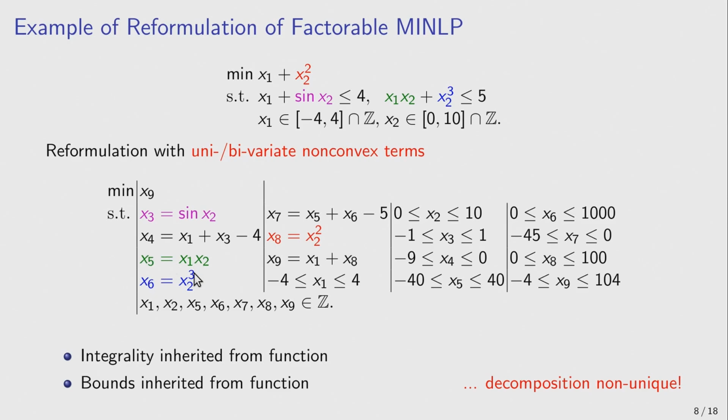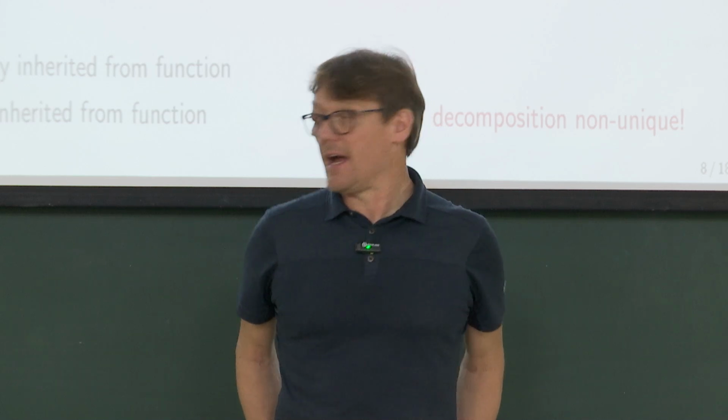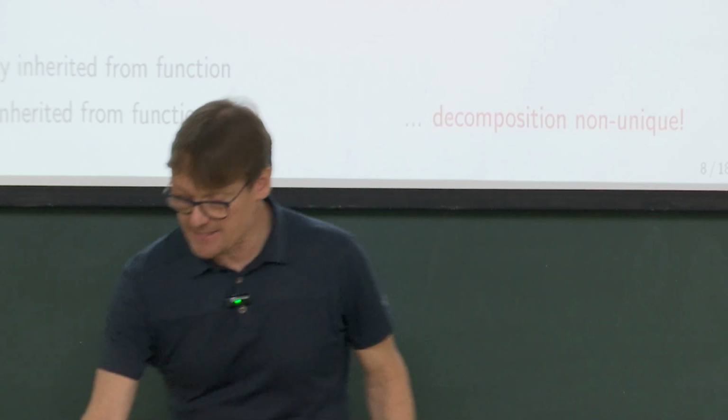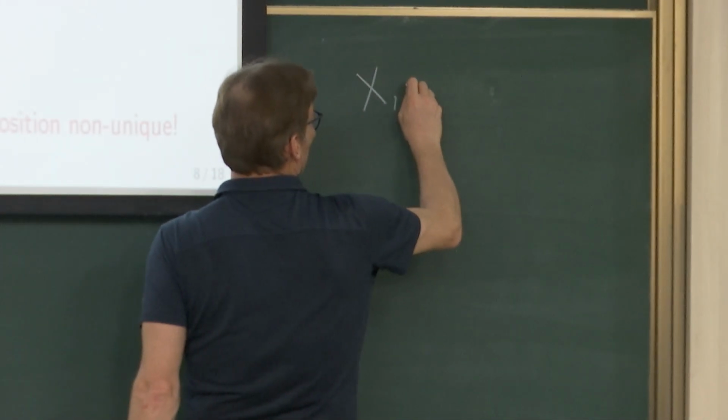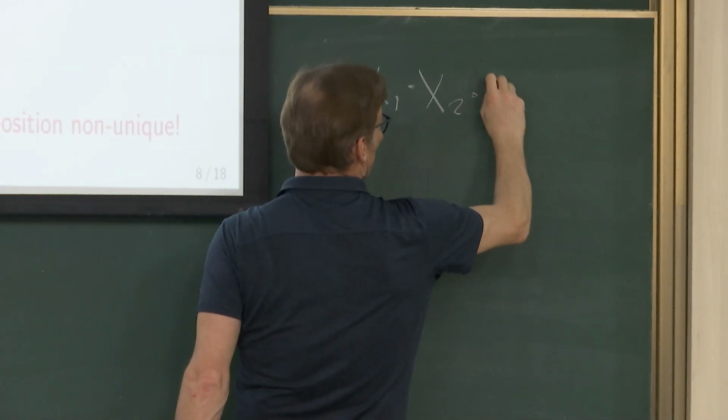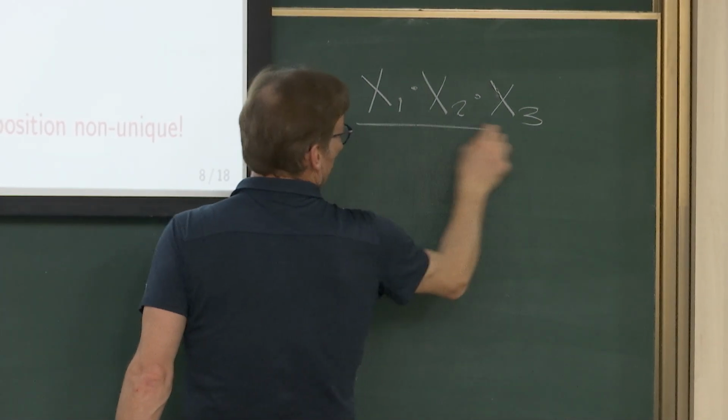But all the other functions are now integers as well, because the square of an integer is an integer, multiplying two integers gives you an integer, and the cube of an integer is an integer. Okay, so everything here is correct. This decomposition is not necessarily unique. And a simple example is that if you take the expression x1 times x2 times x3, then I can either write this as,